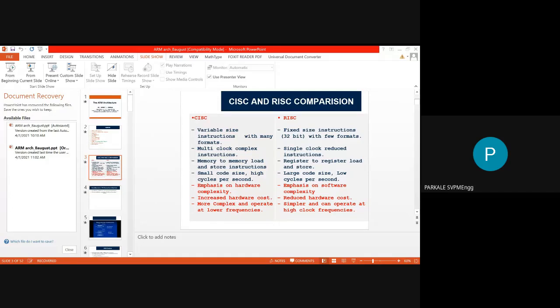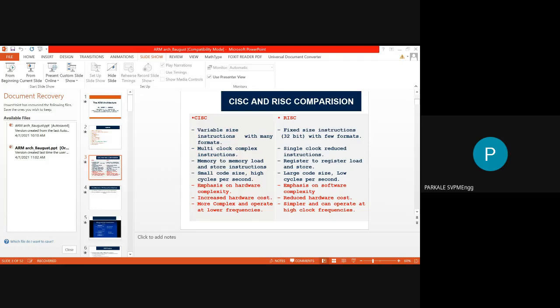Okay, now there is one more advantage of RISC over the CISC, that the hardware cost is reduced. Because we are keeping the hardware constant and we are just changing the software. That means we are working on the complexity of the software compared to the complexity of the hardware, because we know that changing the software is a much simpler task than changing the hardware. So it will reduce the cost of the hardware also. So RISC has one more advantage, that it puts the focus on software complexity compared to hardware complexity, and because of that it reduces the hardware cost.